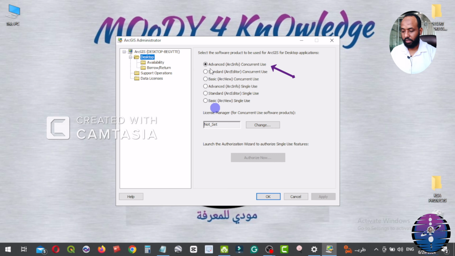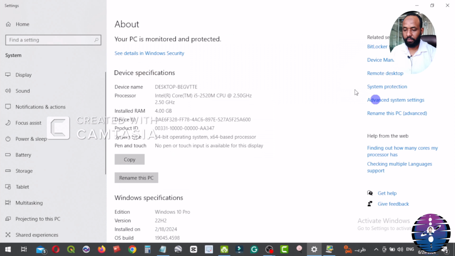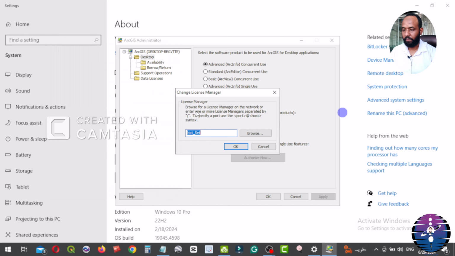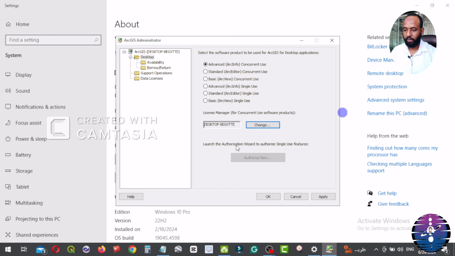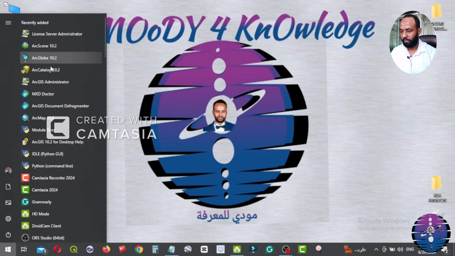Here advanced, put check mark on the first option, and then here we put the device name, change, go to my PC, properties, rename this device, copy, paste, okay, apply, okay, and then go to start menu and open your program. ArcMap 10.2.